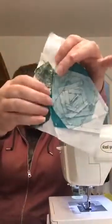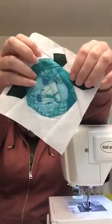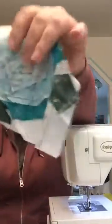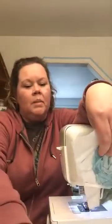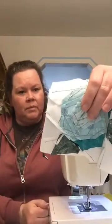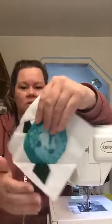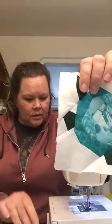So you're going to get some bulk, like here where there's a lot of stuff happening in the corner, but it's not awful. You can see that I left a bunch of paper still in the little corners here. If I had been using normal copier paper, that would have been a lot worse. It would have been a lot harder to take out all the paper, and I probably would have stretched some of my seams so that when I go back and do my final pressing, it wouldn't have laid as flat as this will once I press it. So I definitely recommend the